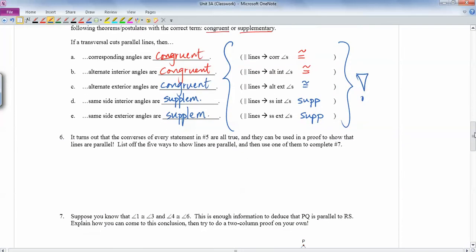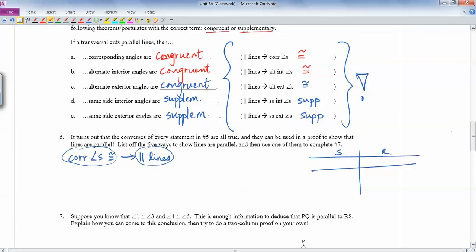Now the nice thing is, there are actually 5 more reasons that get used all the time in this chapter, but they're exactly the same thing as these 5 up here in the previous problem, except that they're the converses. So if I write down all the converses, those are all things we can use in a proof. So like corresponding angles that are congruent give you parallel lines. So it turns out, notice here, if you know that corresponding angles are congruent, then you can show that lines are parallel. So in a proof,